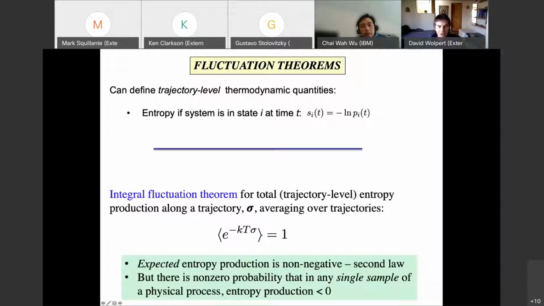Use Jensen's inequality. What this is going to tell you, and this is our modern understanding of the second law, is that the expected entropy production is non-negative. This is just as true microscopically as macroscopically. However, there is always non-zero probability that in any single sample of your process, you're going to have a negative